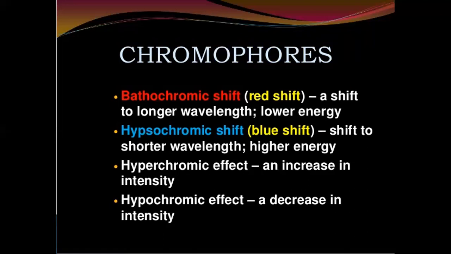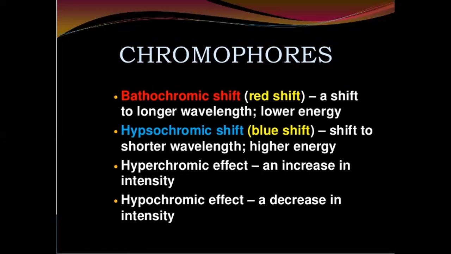Examples: azo dyes, you can take aryl conjugated system, azo group. All these are chromophores. Nitro compounds, you get yellow color. It is due to the NO2 group. So NO2 group is a chromophore. So the functional group that absorbs electromagnetic radiation is termed a chromophore. Any functional group which absorbs electromagnetic radiation is called a chromophore. So the carbonyl group is considered a chromophore in the UV region and the IR region.